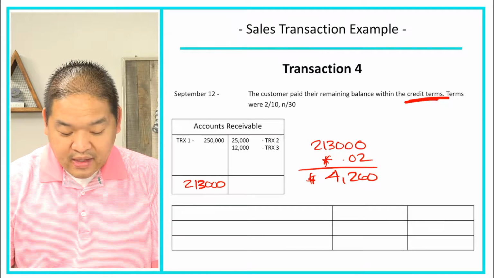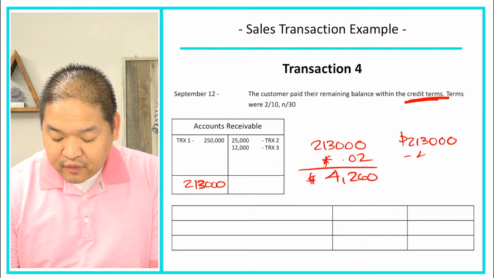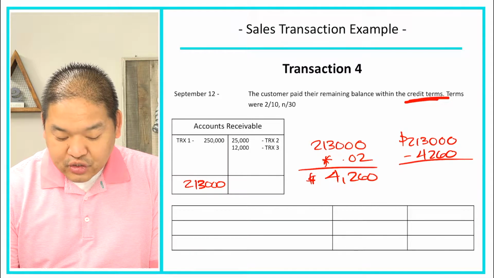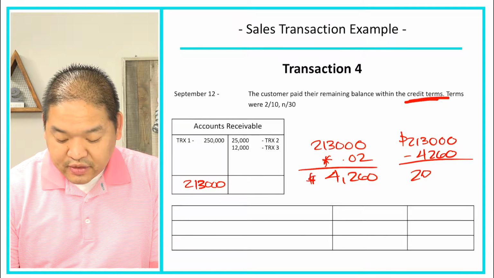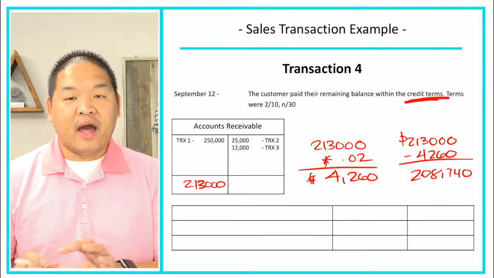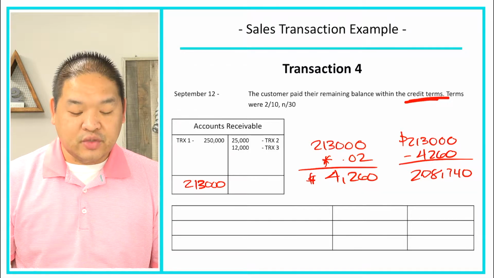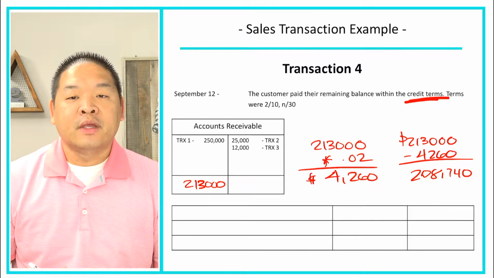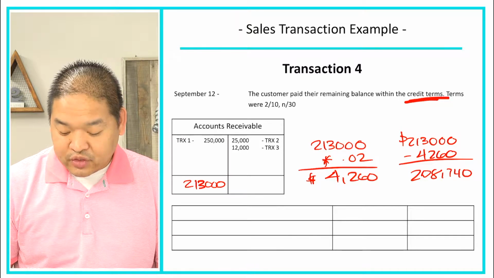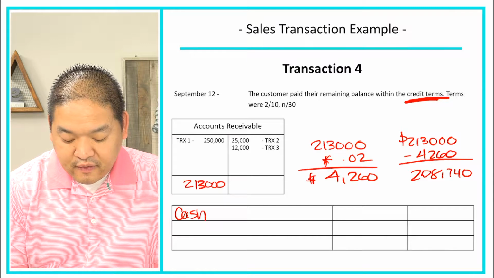So to do the math here, we could take 213,000 subtracting 4,260, and the total amount of cash that we will receive is $208,740. So now that we have the components of numbers here, now it's time to do the journal entry. So we know that we received cash. In this case, we received cash in the amount of $208,740. So we're going to debit cash for